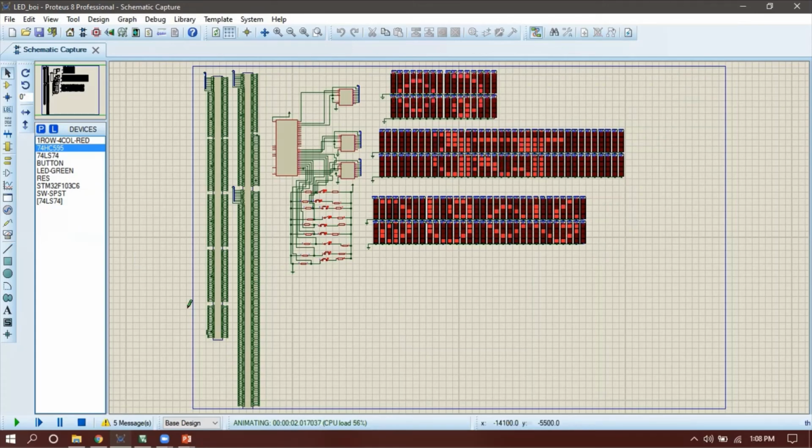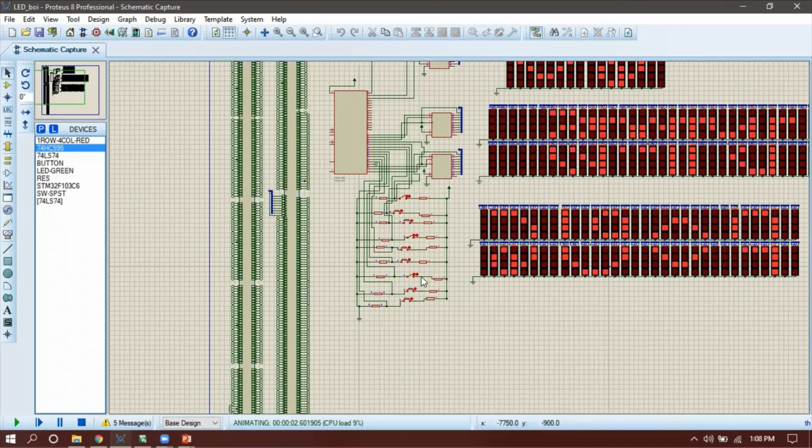And after 2 seconds, the date changed to 1-1-1307. Now, if you want to see the adjustment part, let's increase the date, increase the year. And in this, our year changed to 1307.